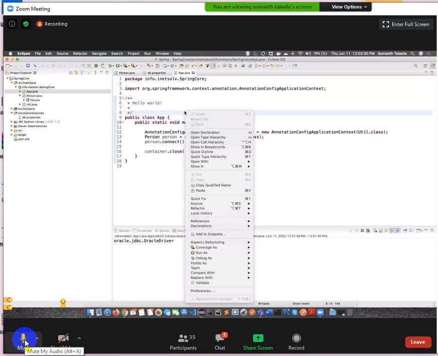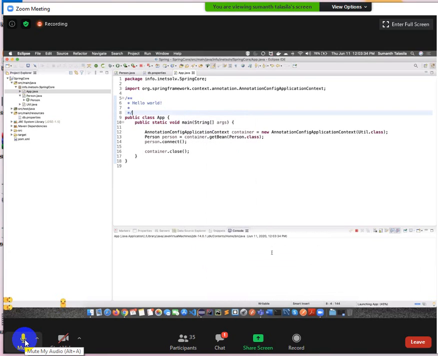Okay, app.java, right click, run as Java application. When I run that as a Java application, are we able to read that or not? Yes, sir. Okay, so now tell me, is this the only way to do that, or do we have multiple ways to do that? Multiple ways to process that. Okay, so I feel using this annotation is the easiest way to process the property files here. Are we clear? Yes, sir. Okay, this is one way.